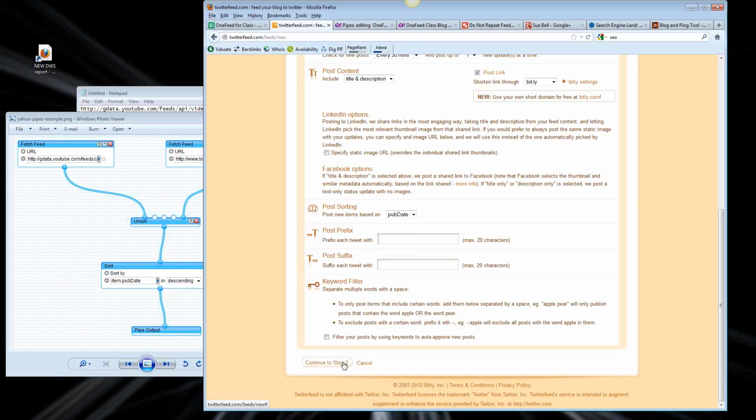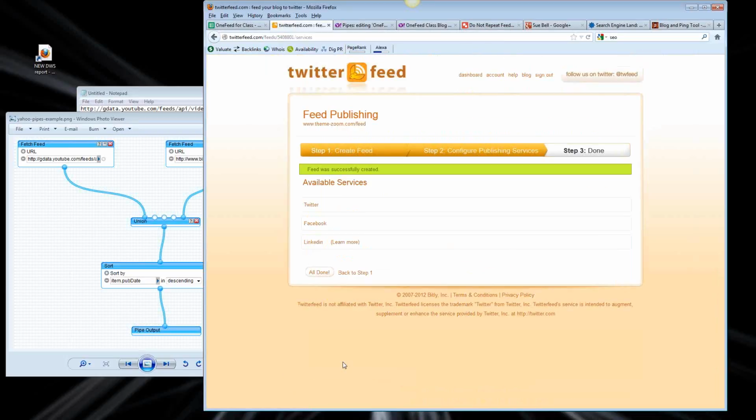Good. All right, so then that page is pretty much set up the way I want. We're going to continue to step 2. And I can do Twitter, Facebook, or LinkedIn. And I can set all of these up to go at the same time. And the only reason why I wouldn't want them to all go at the same time is if I'm doing something interesting with my feeds. Like, let's say,